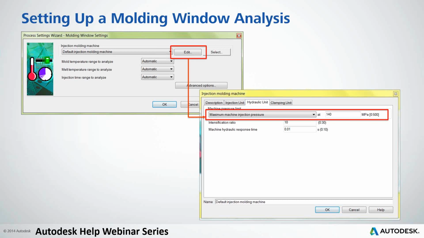If you don't change the maximum pressure, I apologize for that. As I was saying, if you're not changing the maximum pressure to the limit of the molding machine, it only really influences the molding window or the zone plot. And so this is just something to be aware of. If you don't change it, you will have to take this into consideration later on. Additionally,